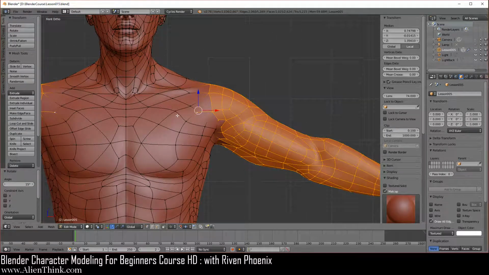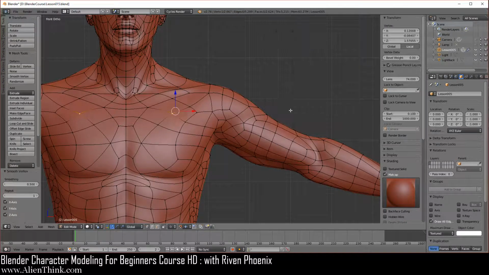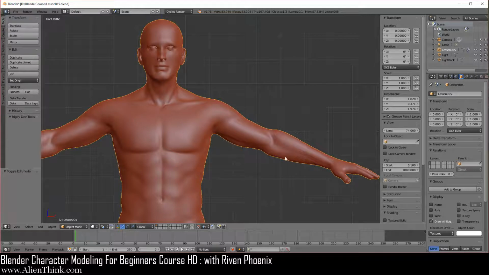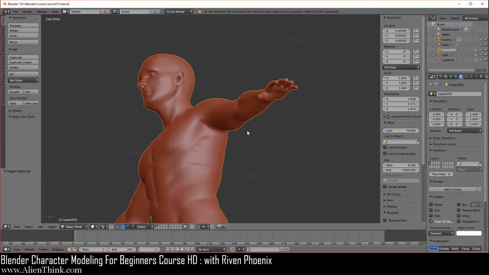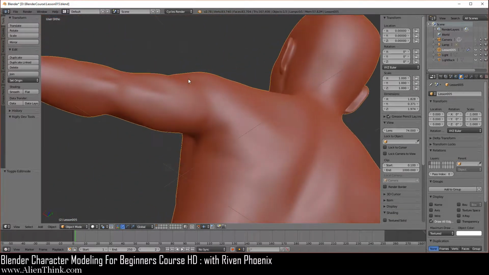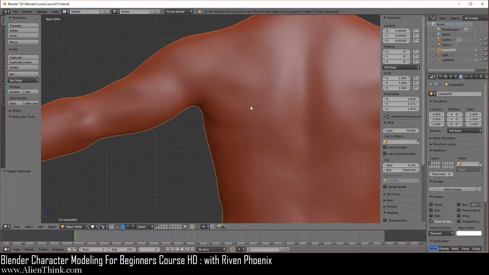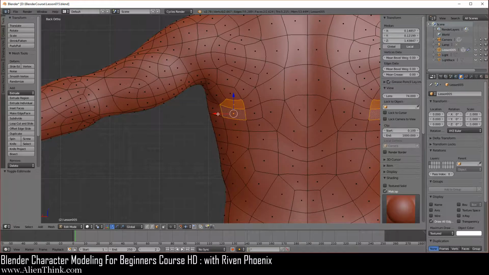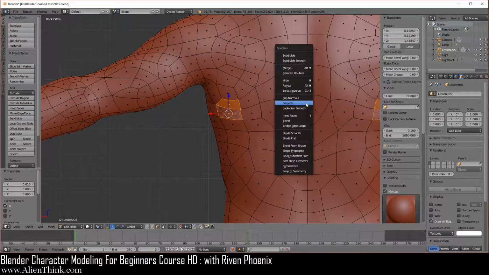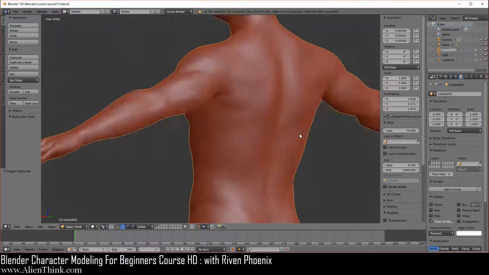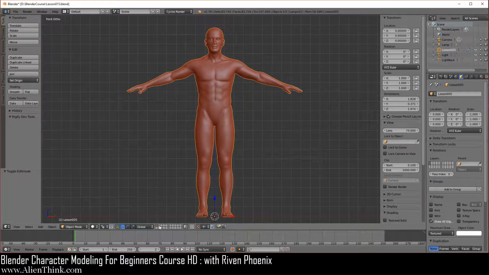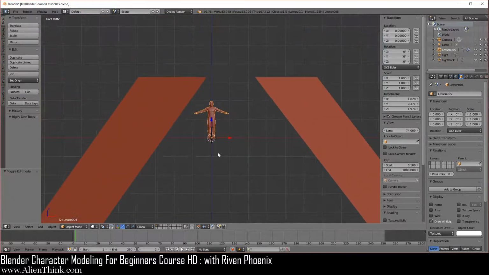Left click to confirm, then click on this vertex, do W and then smooth, and if you do tab, you'll see that what we get is the arms have been relaxed. And you can just check to make sure that you did everything, so everything should be intact over here. So now over here, finally, we're going to click on the face select mode, click on these 2 faces, take it to the left, W and then smooth. Okay, and now over here, I'm going to shift and click on this to bring these guys.